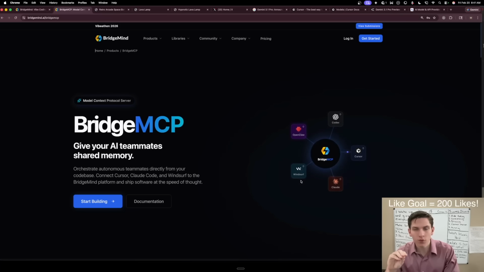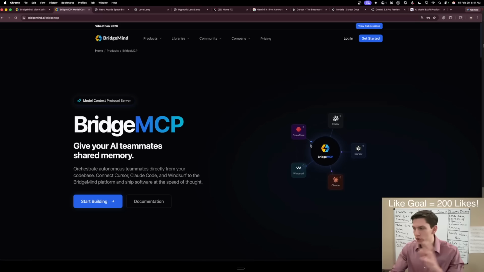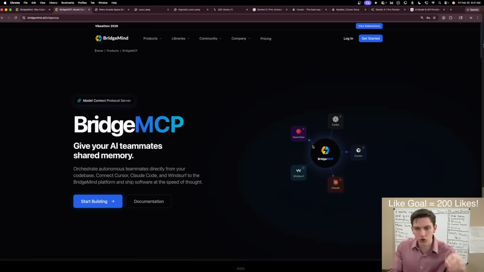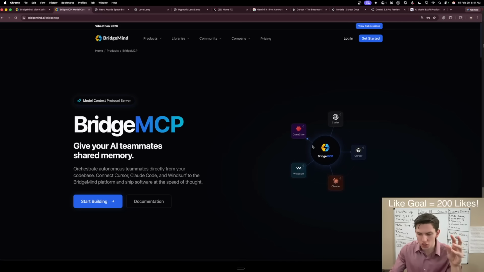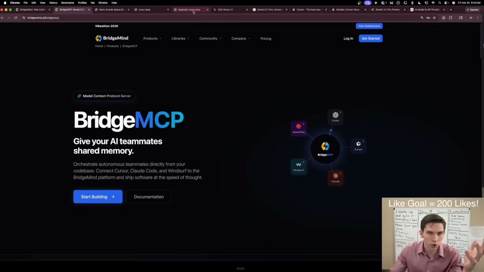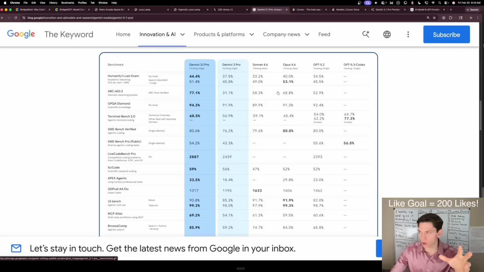But I told Gemini 3.1 Pro, I want you to go on the internet and actually grab the actual logos for each of these companies and then create a unique customized component for this. And this is what it came up with. It was able to actually go and grab the logos off the internet, which I think shows a lot more than just, if you go back to the benchmarks, that example right there is showing the intelligence capabilities of it